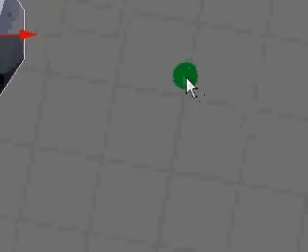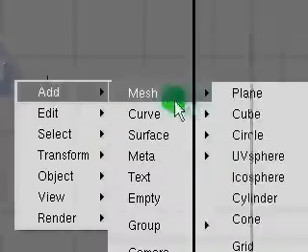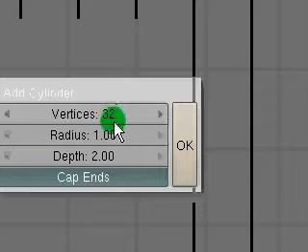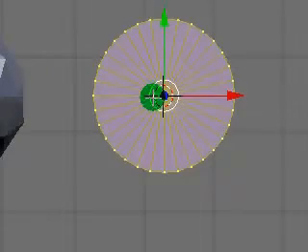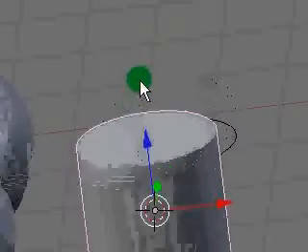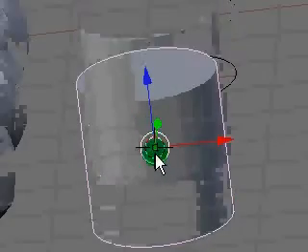And let's do a cylinder, vertices 32, radius 1, depth 2. Click OK, it will come in edit mode, so just press tab to go into object mode. And now we have our cylinder,